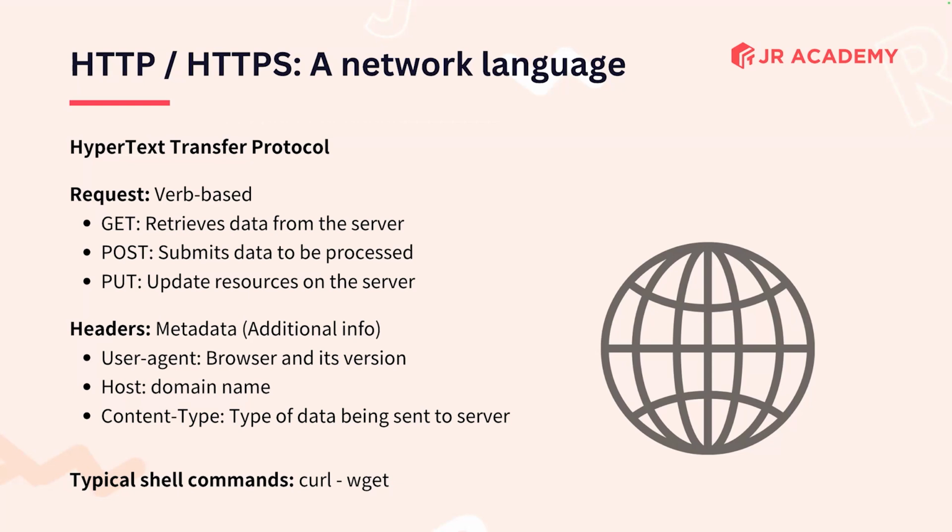And those are just, by the way, common headers. This is not the full list of headers. There's so many more headers that we won't be able to get into today. But the content type is the type of data that you're trying to send to the server. Maybe you're trying to send an image. So the server needs to know how to handle it. So the server wants to know what is the content type. That's why the client will tell the server, I'm sending you an image, or I'm sending you just some text data, or I'm sending you a zip file,